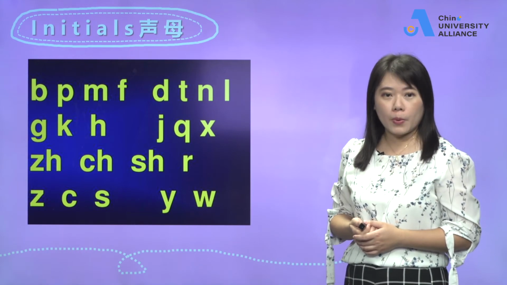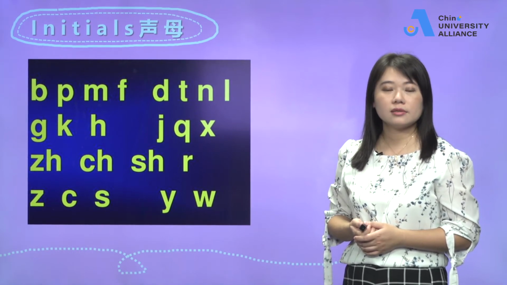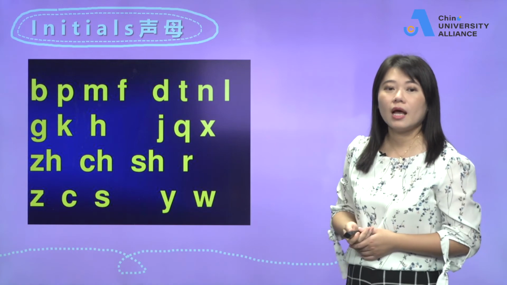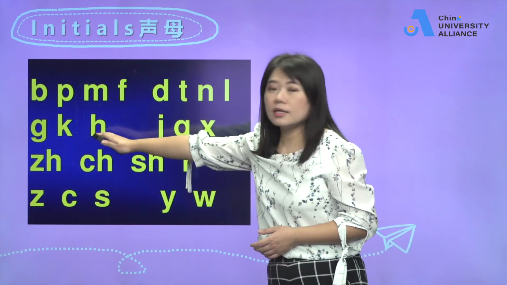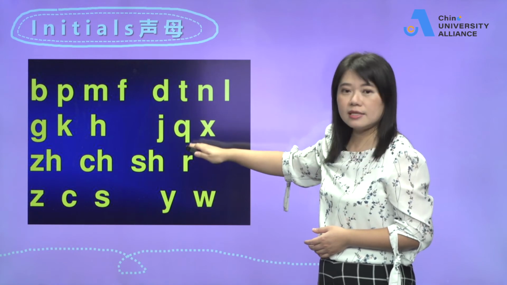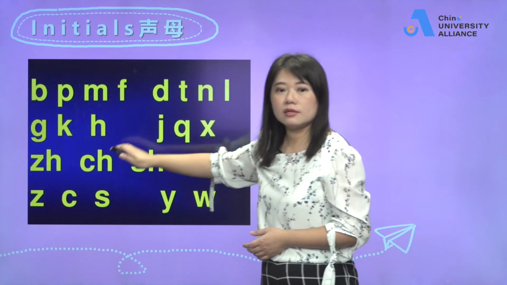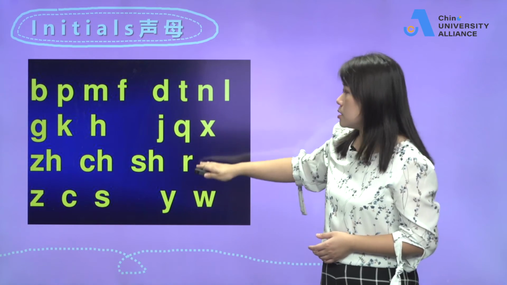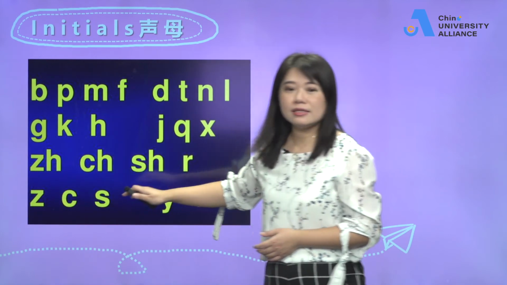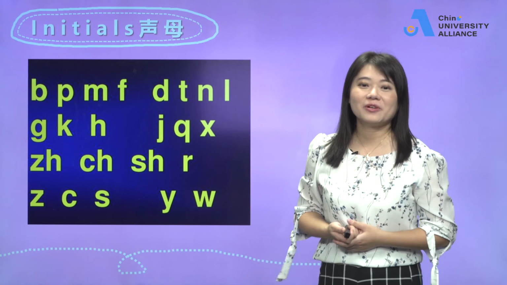Bo, po, mo, fo, de, te, ne, le, ge, ke, he, ji, qi, xi, zhi, chi, shi, ri, zi, ci, si, yi, wu. I know maybe you feel a little bit difficult right now because it's the first lesson,